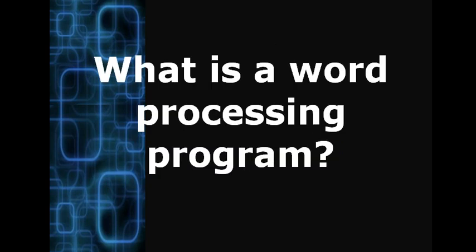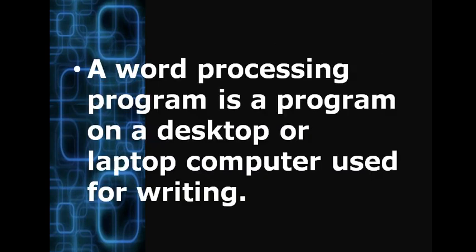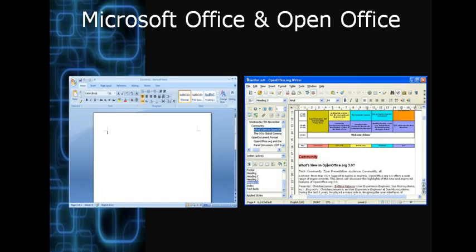So first let's start with what is a word processing program. This is basically a computer program on your computer that can be used for writing. So you have a couple options. We have OpenOffice on your right side and Microsoft Office on your left side. One difference is that for Microsoft you do have to pay for that one, and OpenOffice you have the option